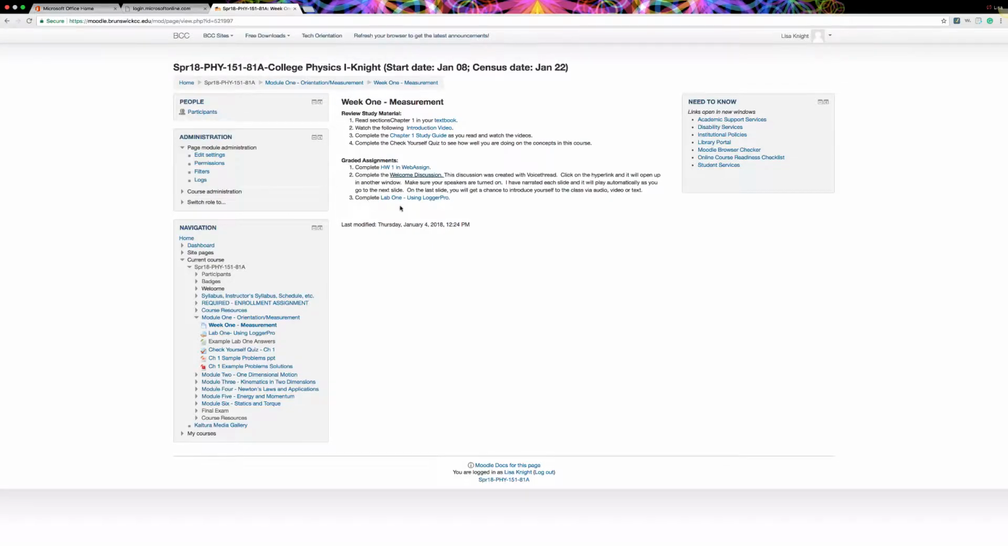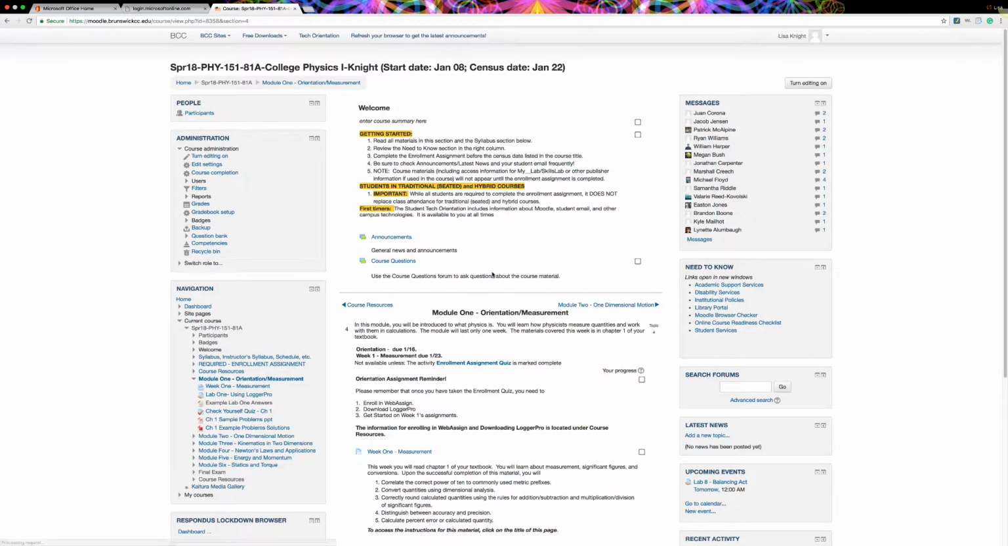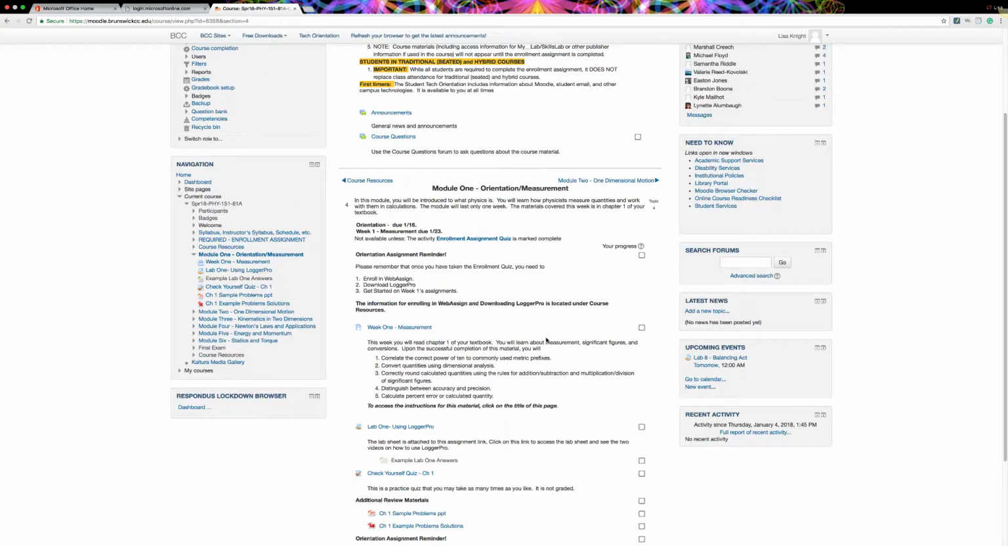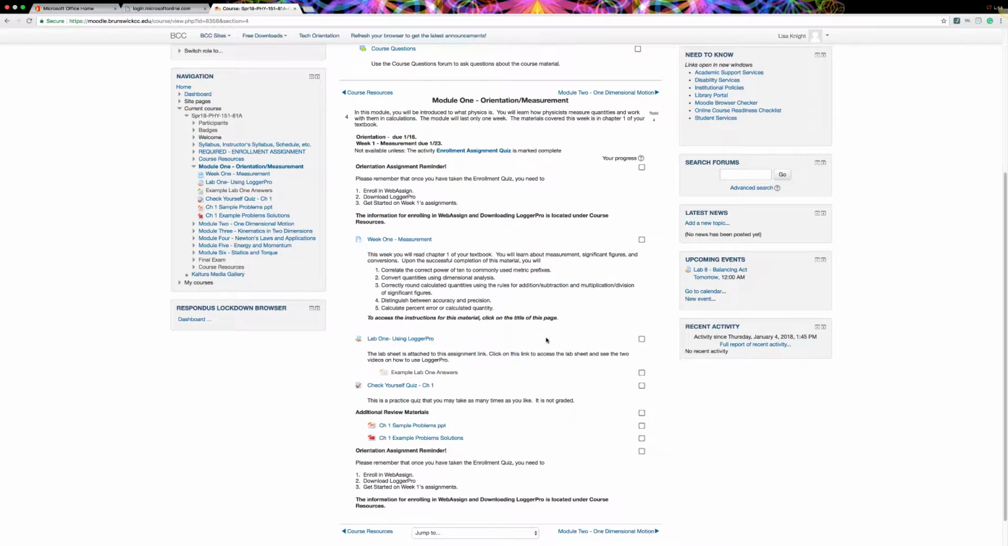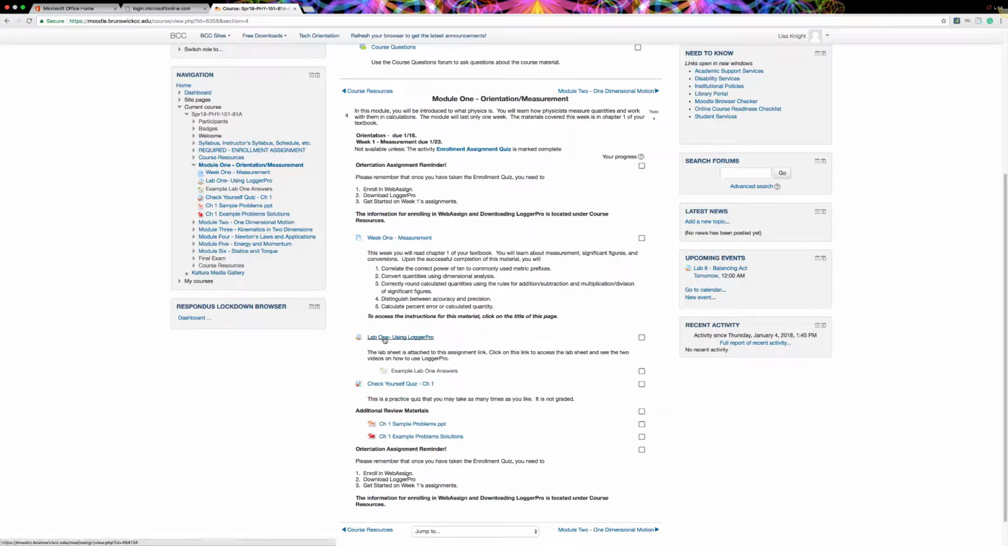And then Lab 1 is very important in this case because it's going to orient you to using Logger Pro. So this is going to be a link to the lab sheet, but if we go back to Module 1, I also include in Module 1 some other sections. So for example, the labs that you have, I usually have a folder for the lab. Actually, it's not a folder, it's an assignment link. If you click on that assignment link,